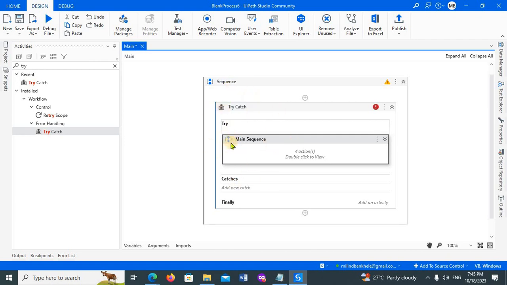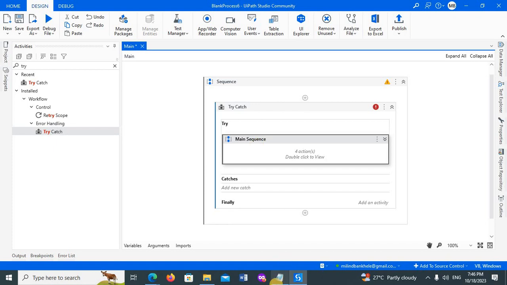Inside this main sequence, if I have a lot of sequences or activities and one of them is failing, I need to understand which activity is failing. For that, this try catch block plays a very important role. So whichever workflow or activity I need to handle exceptions for, I need to put that whole workflow, that whole code, inside the